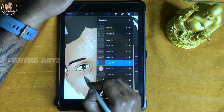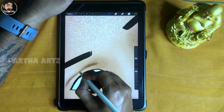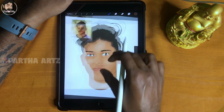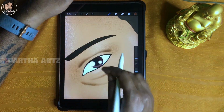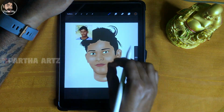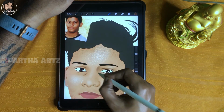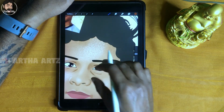I'm probably missing something here. Okay. And then I have to make this place much more darker. That's what I understand from that. To do that as well. So what I'm going to do is increase this size and then maybe choose a little brownish. Then